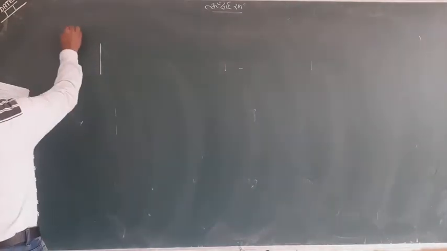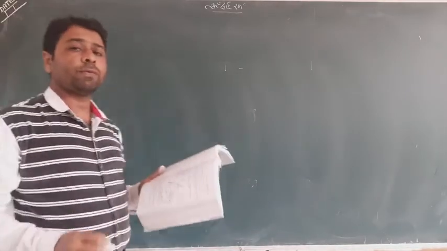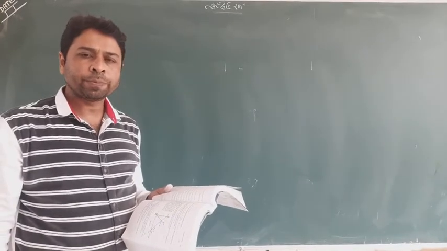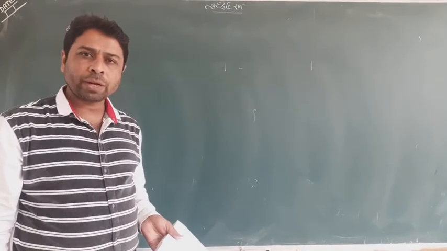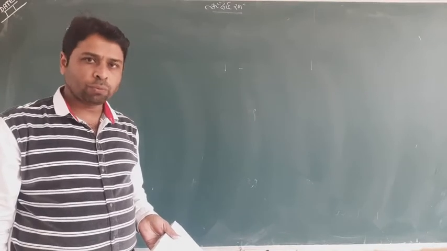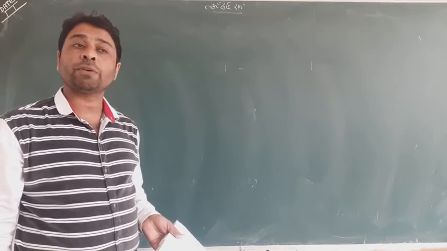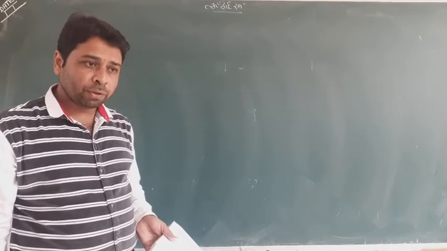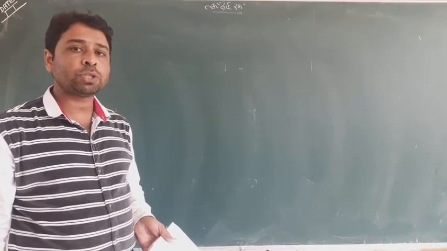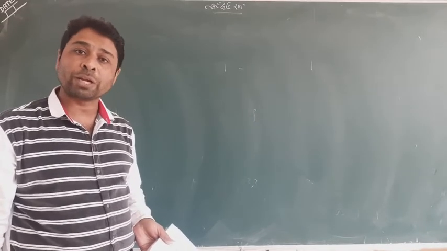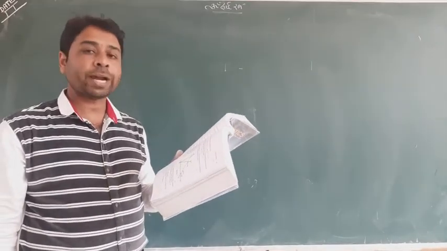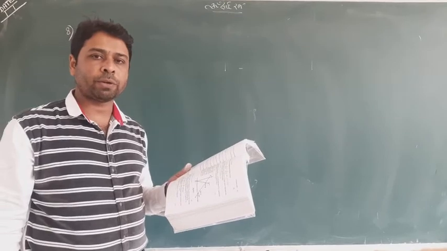Now, same question. Look at the 8th question. The question says find the equation of a line perpendicular to the given line. Just compare to the last question. In the last question, a line was given and we had to find a parallel line. So we kept the coefficient of x and coefficient of y the same, and instead of the constant we wrote k. Same, but with a trick we will do in the next question, where the line is given and we have to find its perpendicular line, given that the x-intercept of the line is 3. That will help us to find the value of k.